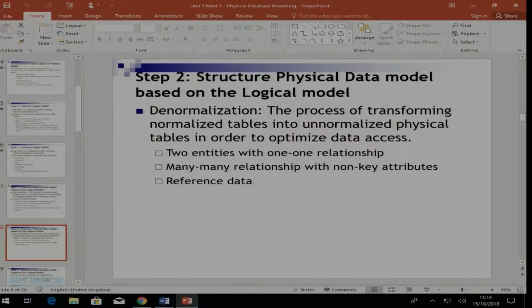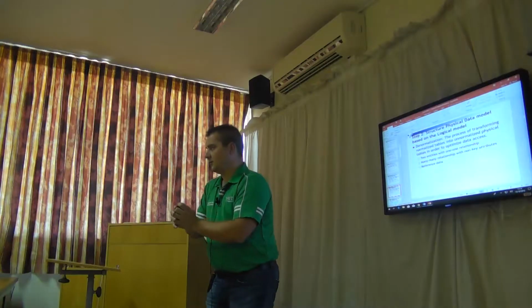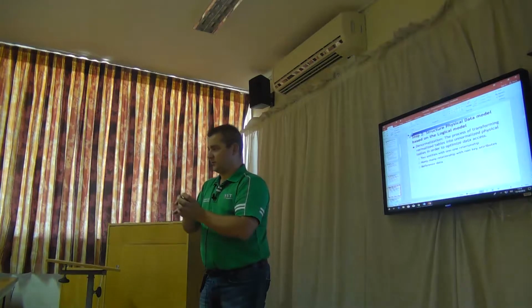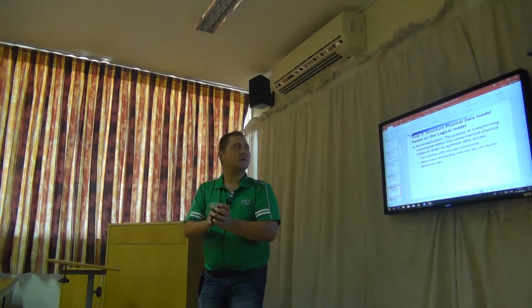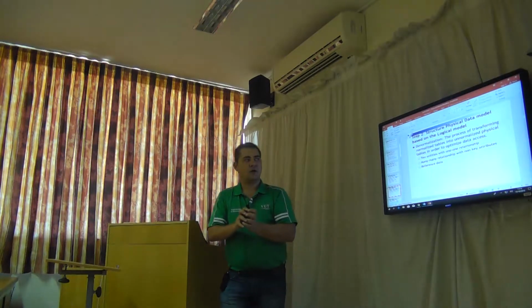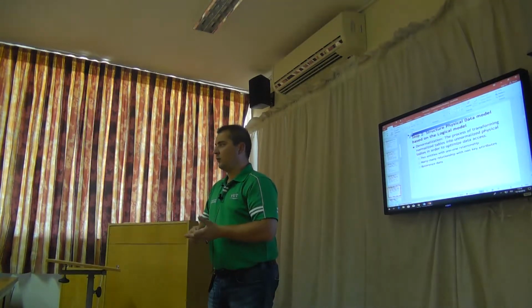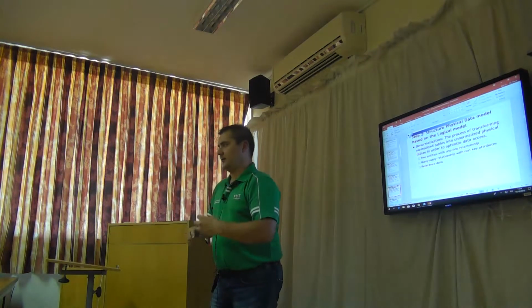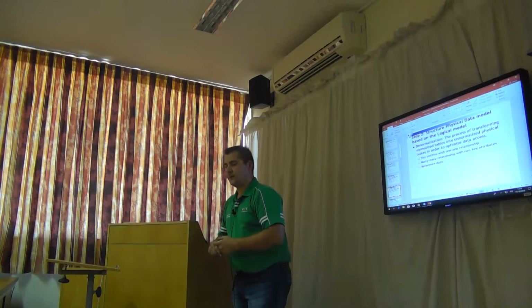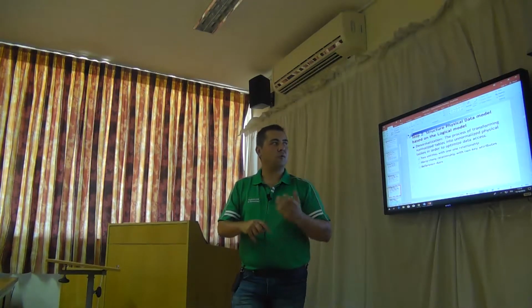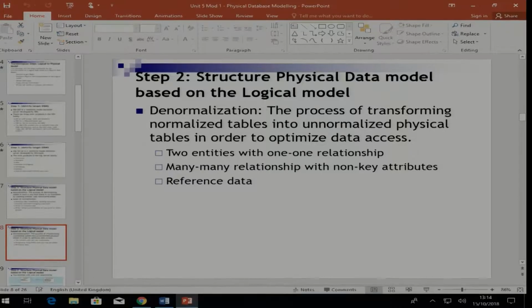For example, if we covered a person, we only looked at the person, or a class, or a subject. You only looked at the attributes which describe that concept. Now, in some cases, you might need to denormalize it for performance, so that you make your queries less complicated. Okay. So, denormalization is the process of transforming normalized tables into unnormalized physical tables in order to optimize